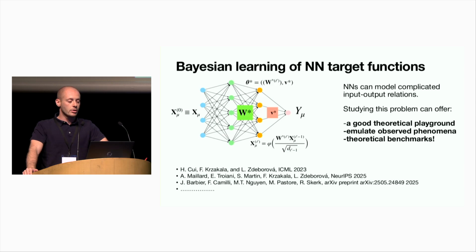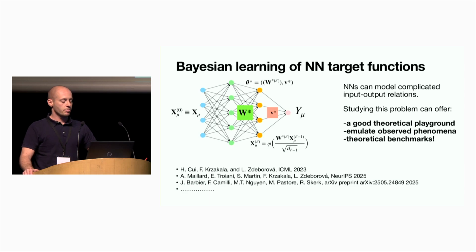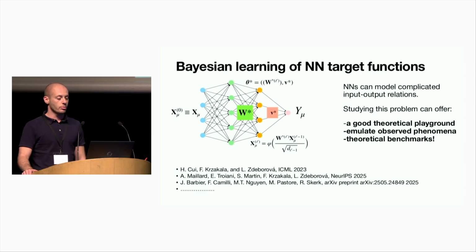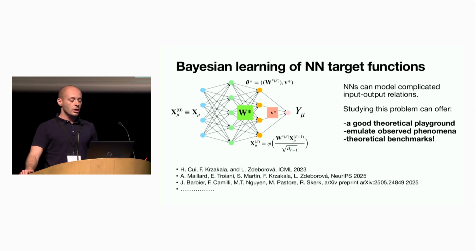And our work revolves around the problem of learning a target function that comes in the form of a deep neural network, which is feed-forward and fully connected, with an arbitrary but finite, with respect to the number of units and the size of the layers, number of hidden layers. So assuming that there is an underlying data generation process in the form of a neural network is a rather popular hypothesis among theoreticians, as usually it yields a good theoretical playground, and if you're lucky enough in this kind of settings, you can also give a satisfactory explanation to some phenomena that you observe in more empirical settings.